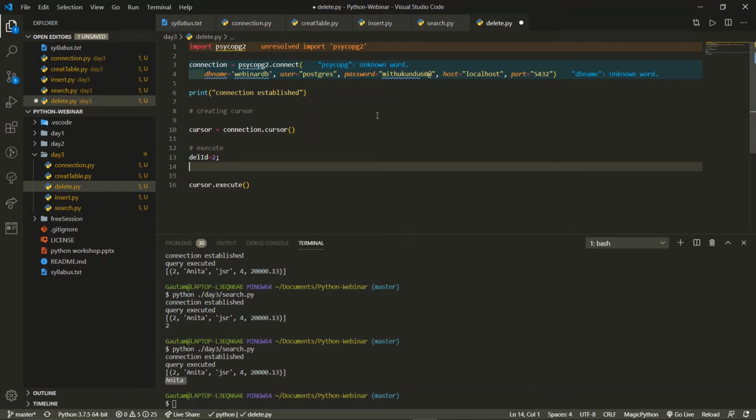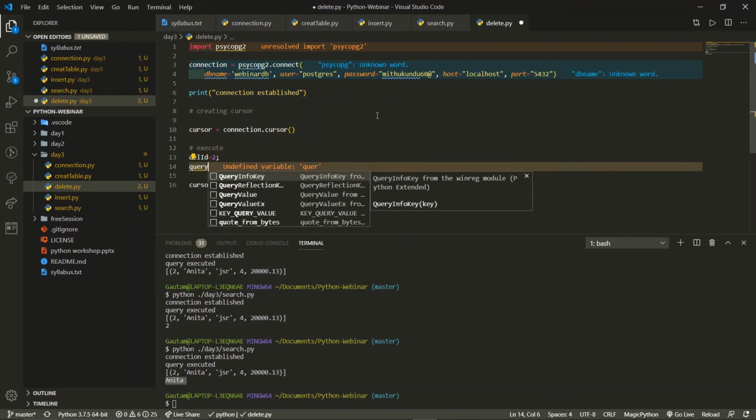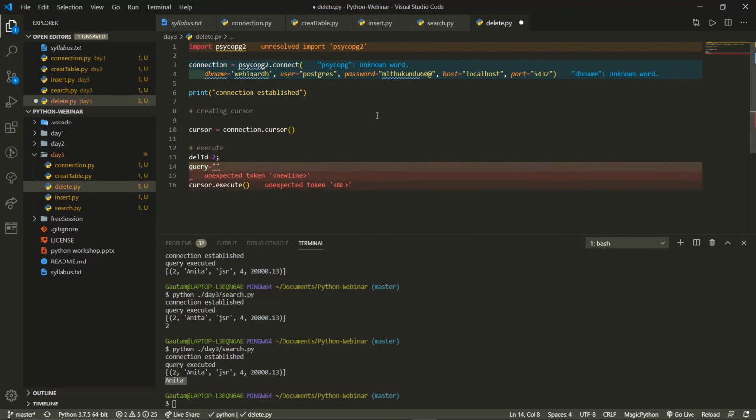So what we will do, we will create a query, and the query is something like this: delete from employees where id equals to 2.